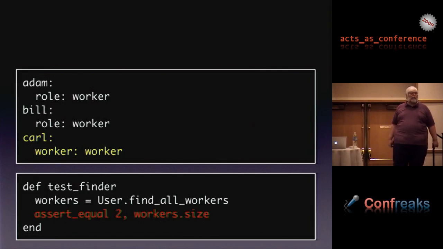Now this is not too bad, but when your finders are very specific, I want to find all the users in this file whose birth date is within this span, who's ordered such and such a material. When you've got finders that are very detailed like that, the kind of finders you really want to test, just about any change to the fixtures, adding a new instance in the fixtures, will break those kinds of tests because it'll change the numbers of things returned from that. So how do we get around the global nature of fixtures?